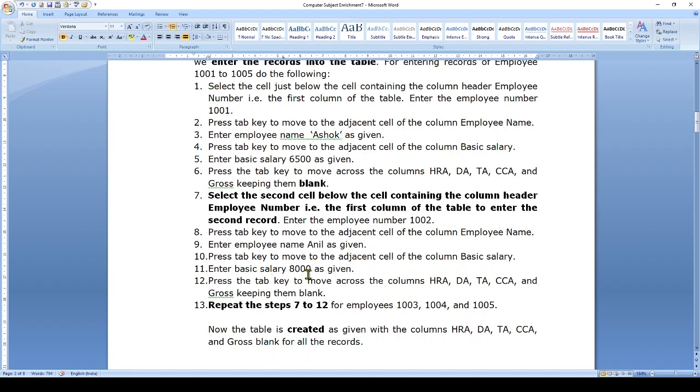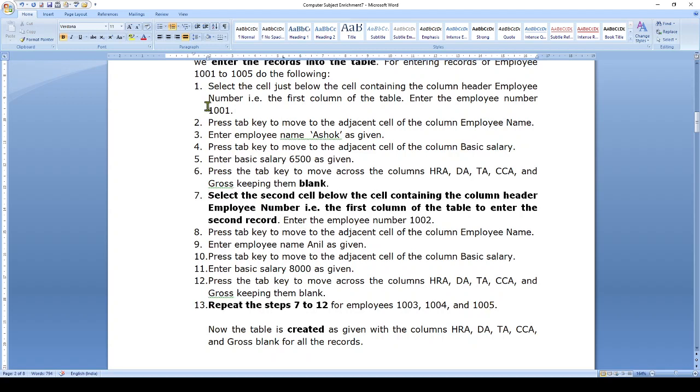Again press tab key to enter the basic of Anil. Enter basic salary as 8,000. Press tab key to move across the HRA, DA, TA, CCA and gross, keeping them blank. And repeat these steps for employee number 1003 to 1005.